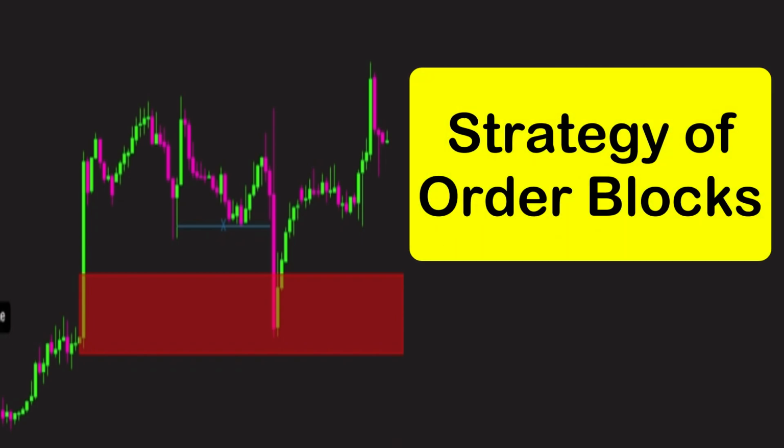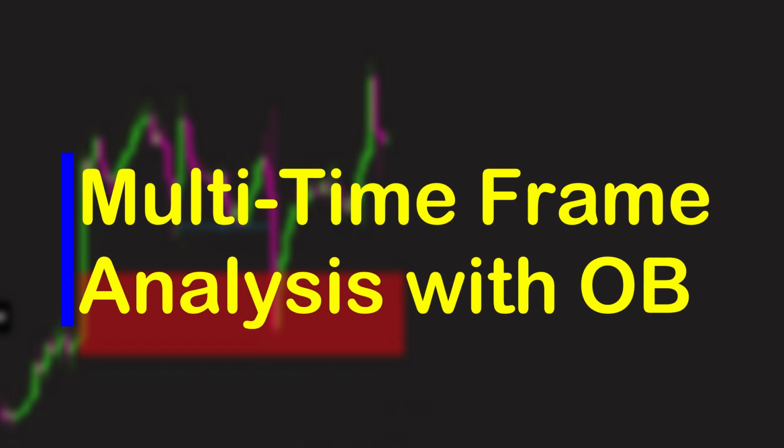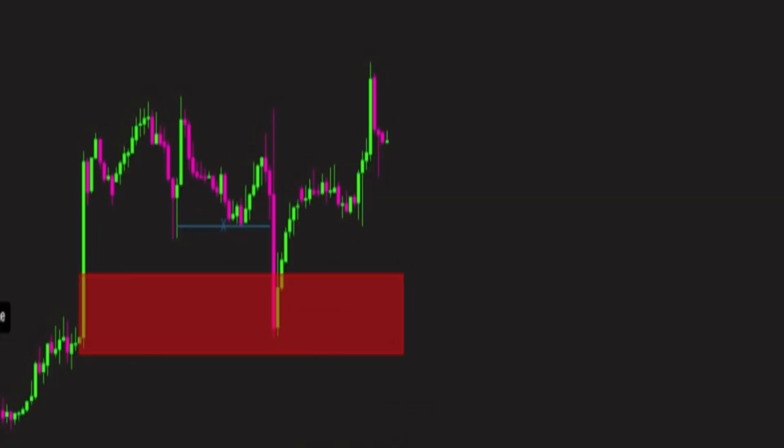Now that we have learnt the 4 confirmations of a valid order block zone, let us move on to the strategy that you can use with the order blocks in order to make huge profits in the market. In this strategy, we would use multi-time frame analysis along with the order blocks concept. We would first mark the higher time frame order blocks and then we would switch over to the lower time frame